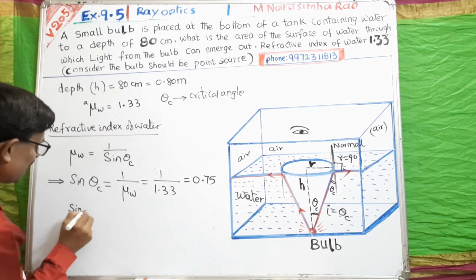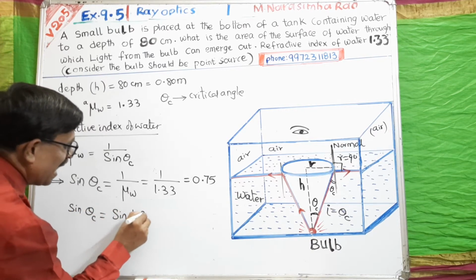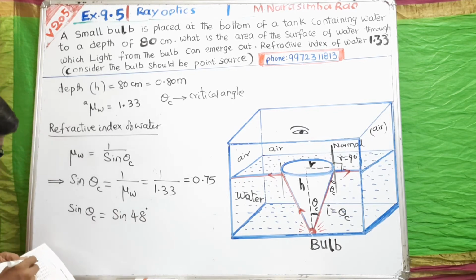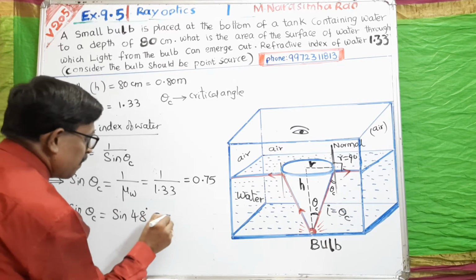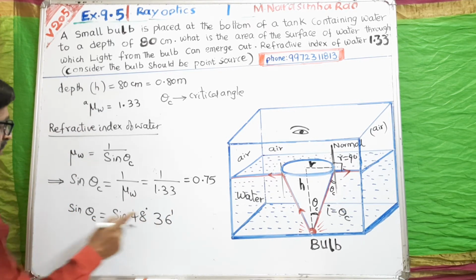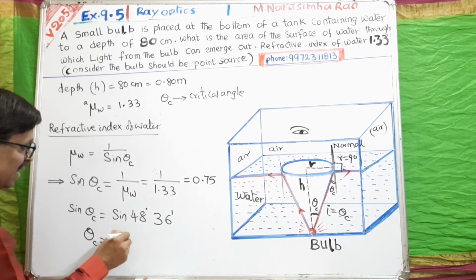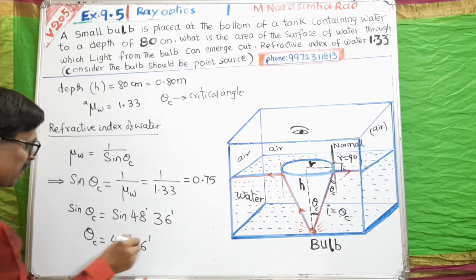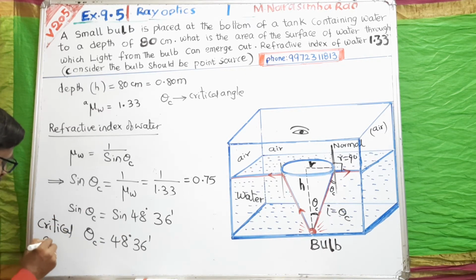Sin theta c is equal to sin of 48 degree 36 minute. So theta c is equal to 48 degree 36 minute. This is the critical angle